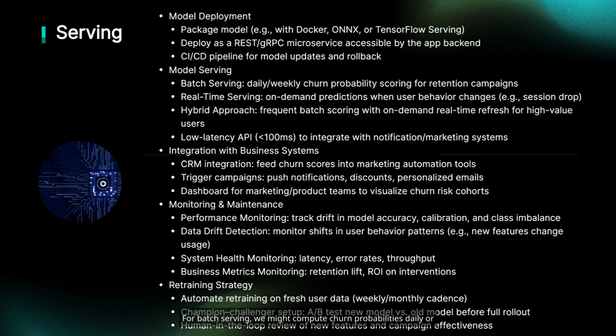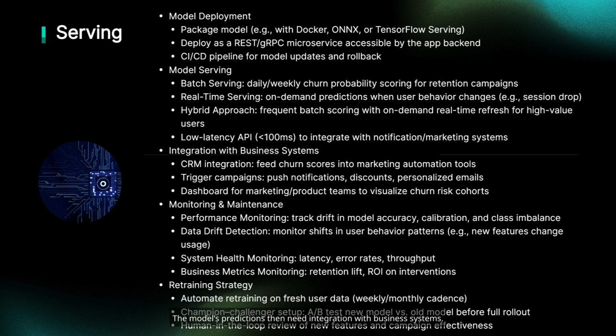Next is model serving, which can happen in two ways. For batch serving, we might compute churn probabilities daily or weekly for all users, storing them in a database for marketing campaigns. For real-time serving, we predict churn risk dynamically when new behavior signals arrive. For example, a user suddenly reduces app usage or cancels a subscription trial. Many companies adopt a hybrid approach, batch predictions for the entire population, plus real-time updates for high-value or high-risk users. Latency is critical here. Predictions must be served in under 100 milliseconds so that push notifications or interventions can feel